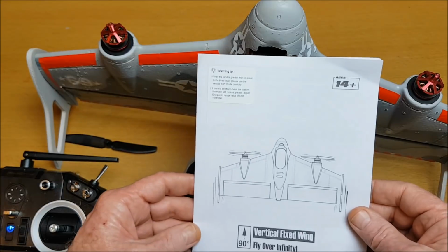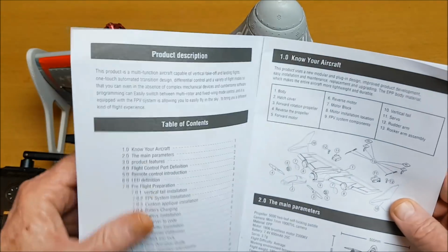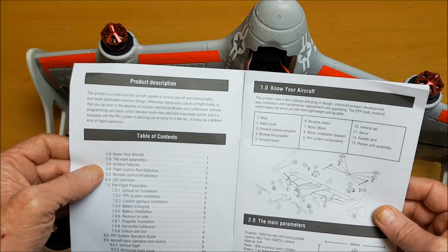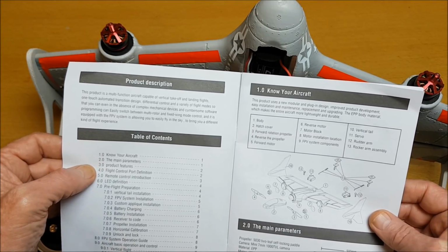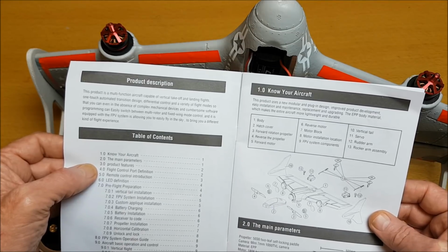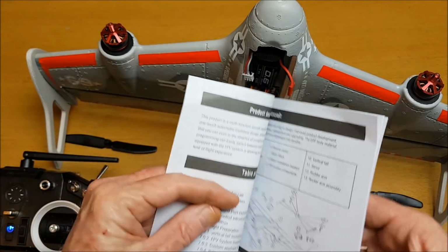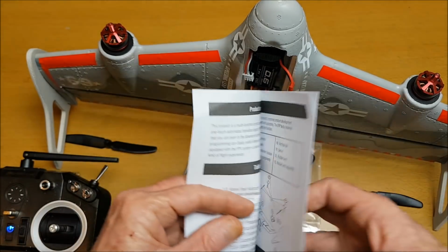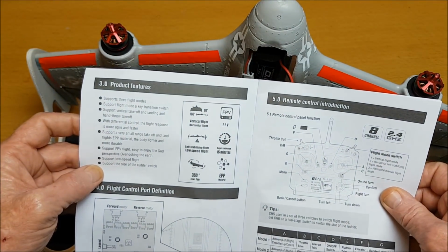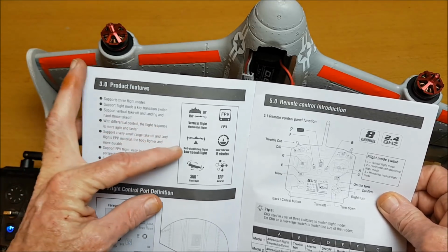Now, when you look at the instruction manual, this is quite generic for all the various models and not really specific to a BNF or an ARF model, so it doesn't really give you much information, although it is in good English and has good illustrations. But just knowing the aircraft, the main parameters, gives you the remote control for an RTF version, functions, the product features. So you know, you've got